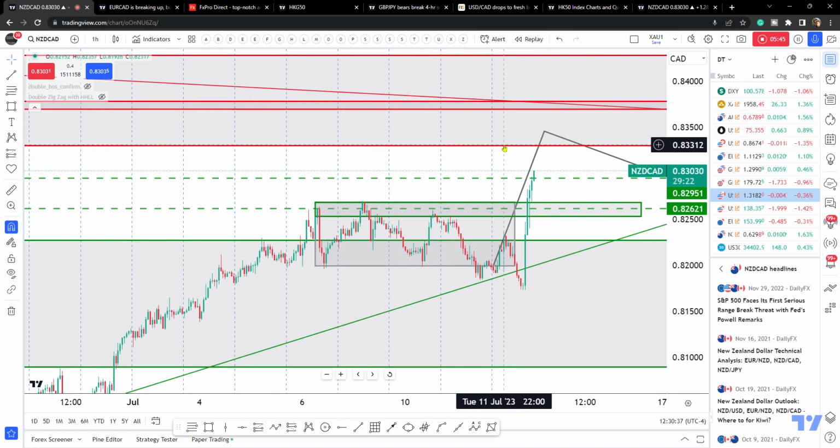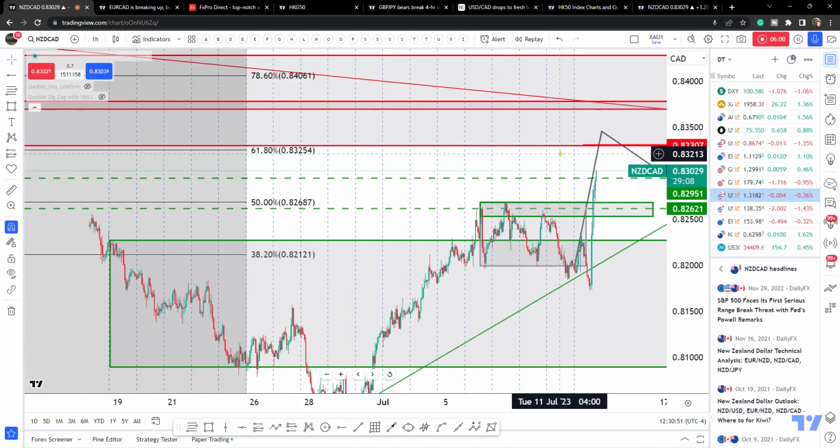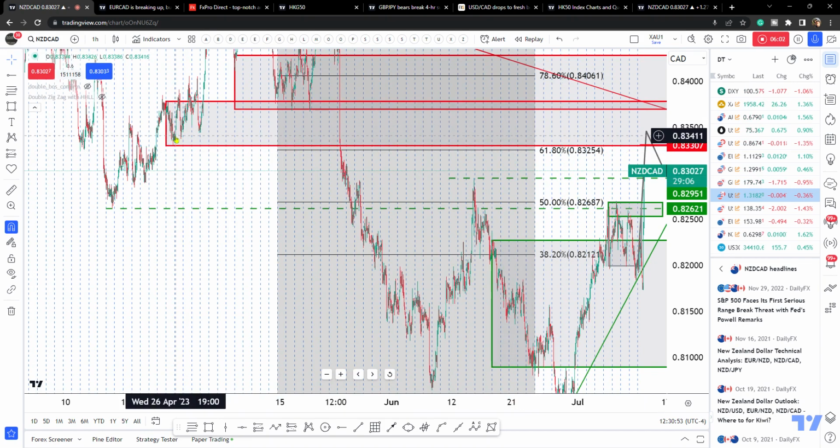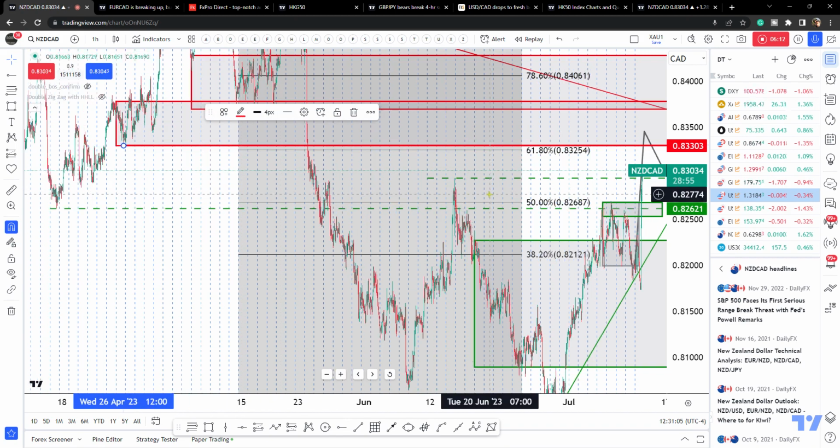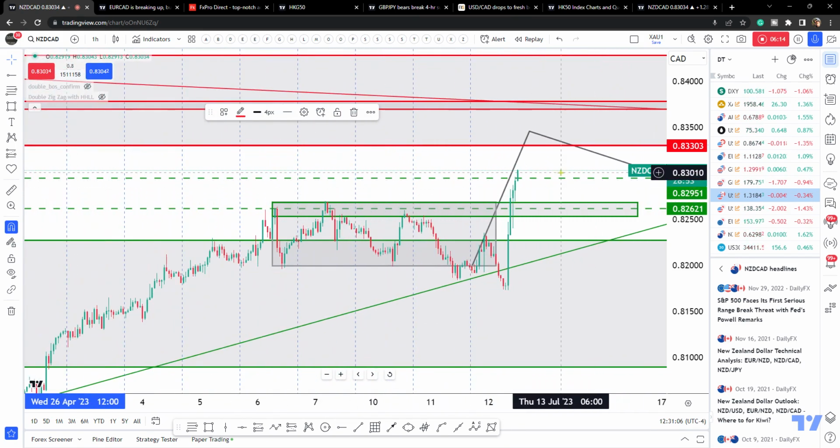So we're targeting over here currently on the upside, 83.30. Which aligns with, so let's pull this all the way over to there, to that low. There. So we're targeting 83.30 currently,